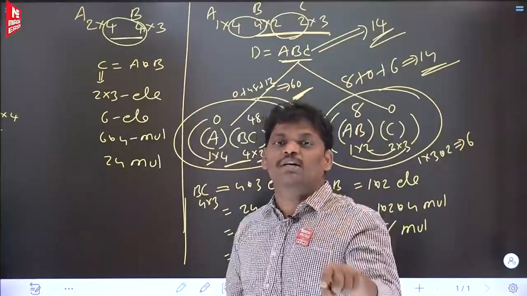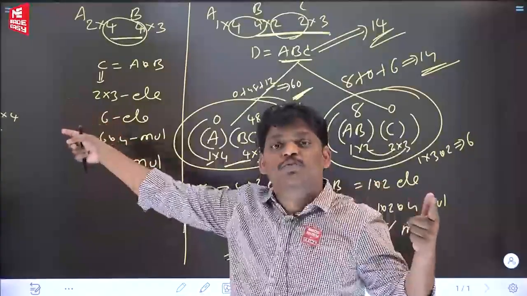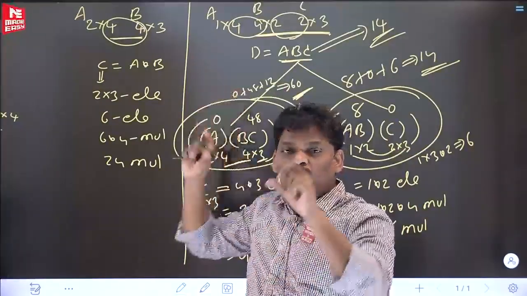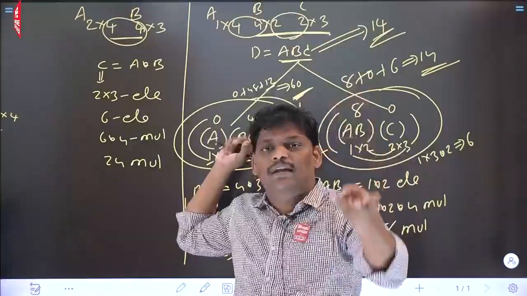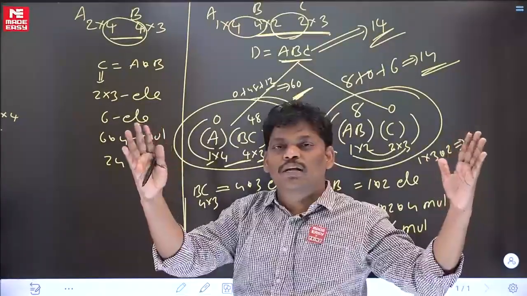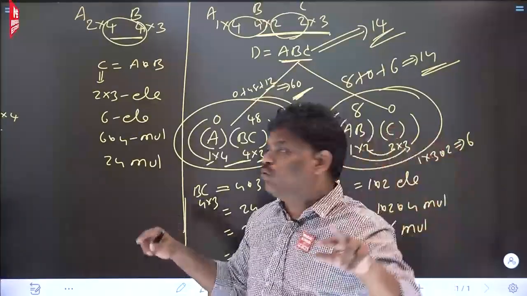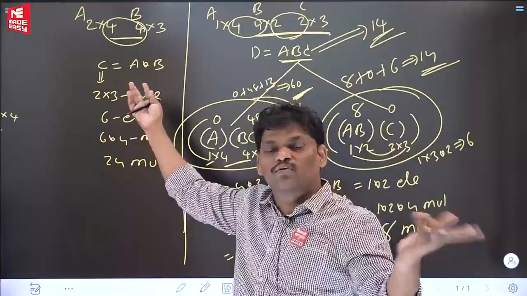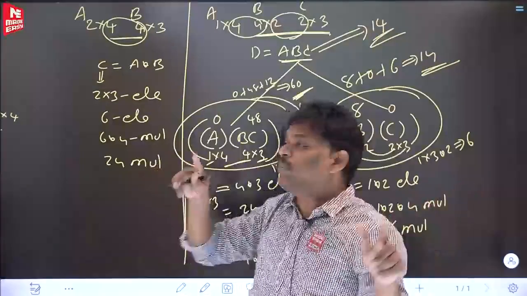Matrix chain multiplication is nothing but you have a chain of n matrices. Until now, in the first problem only 2 matrices, in the second problem only 2 matrices. Now here 3 matrices. You have a chain of n matrices; in this problem maybe n means 3. When you have a chain of n matrices, if you want to multiply all of them, because of the associative property, many ways are there. Two matrices multiplying, only one way. But when you are multiplying more than two matrices, because of the associative property, many ways are there.